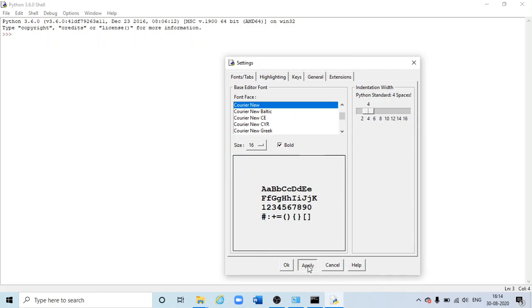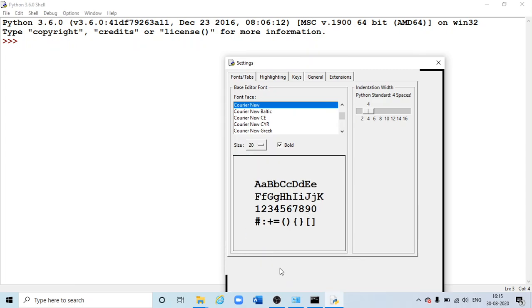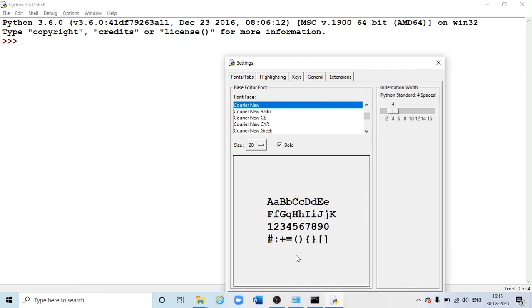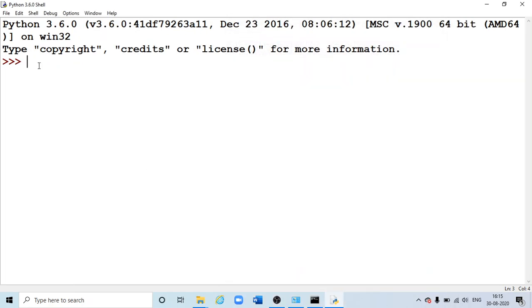So let's see. Yes, now it's fine I guess. Okay, so now I'll test this. Print hello, sorry, yeah, it is printing.